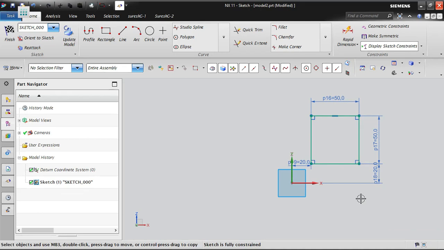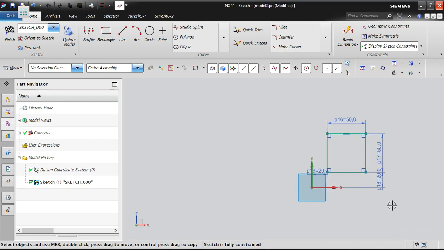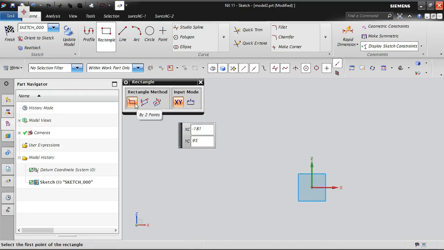Okay, instead of that, why not create the sketch in the exactly 0 position? Yes, certainly we can create it. That's what we are going to see now. So now I'm going for the curve option, select all, Ctrl A and delete it. Okay, right, now we have seen the rectangle by 2 points. By 2 points means we give one corner and a second corner. Now we are going to see about the